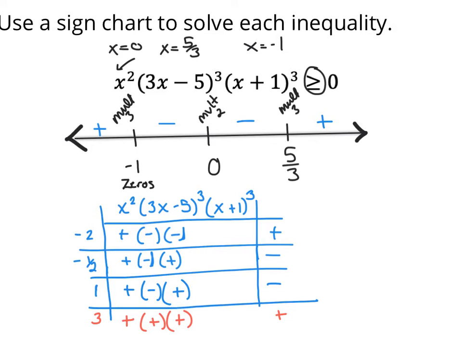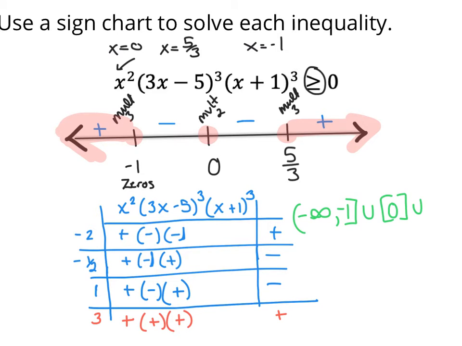Now that I have my sign chart filled in, I can see that my function goes positive, negative, has a 0, negative again, positive. And the question is, where is it greater than or equal to 0? Well, greater than or equal to 0 is where it is positive or 0. So it's positive here and in this region. It's equal to 0 here, equal to 0 here, and positive in this region. So I'm going to state this solution set now in interval notation. So from -infinity to -1 inclusive,